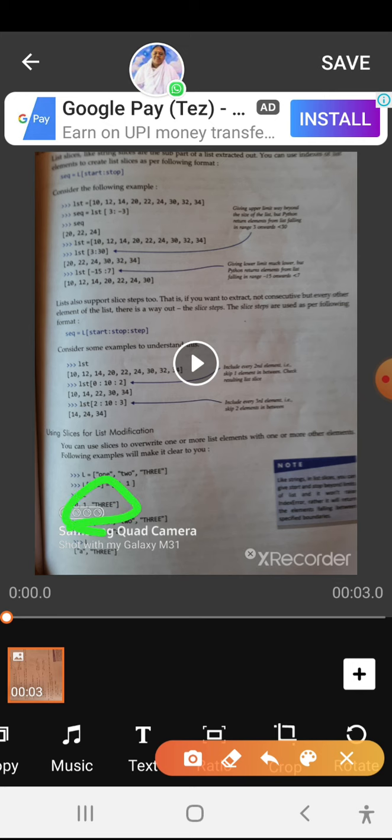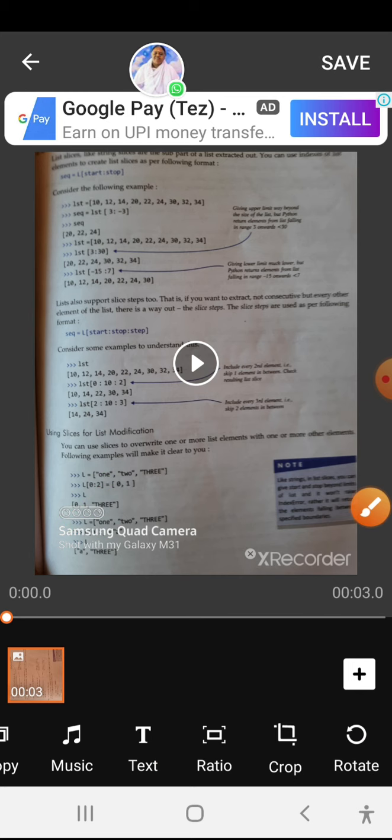Similarly, the other example is also given. Please kindly go through this. So this is slicing. Using slices we can even do modification.